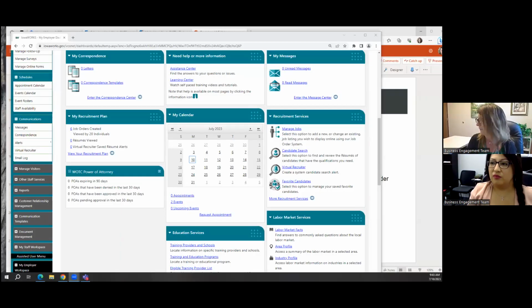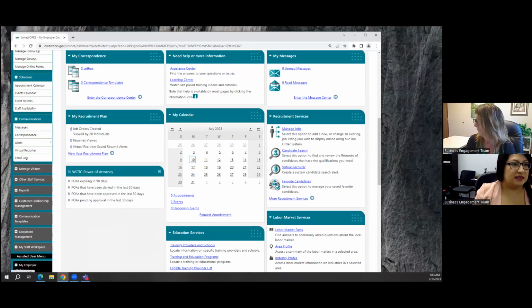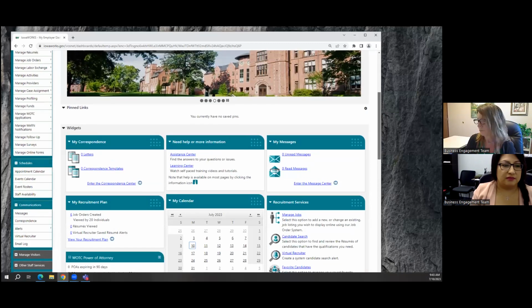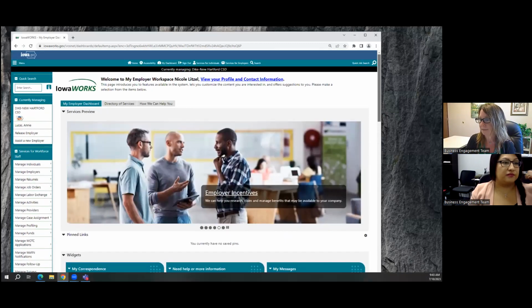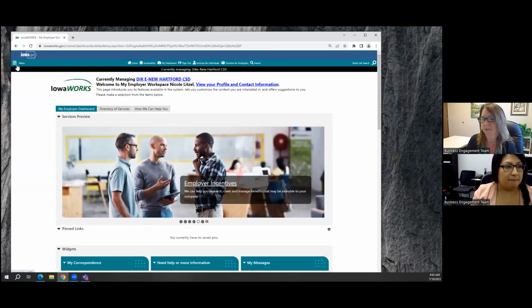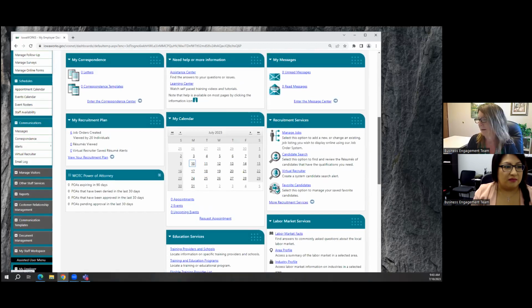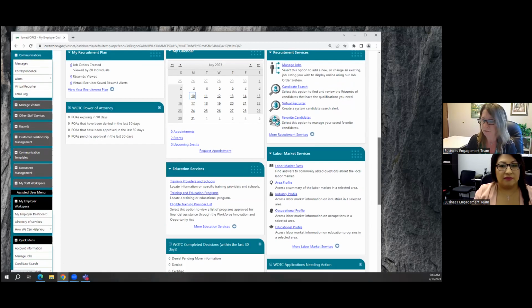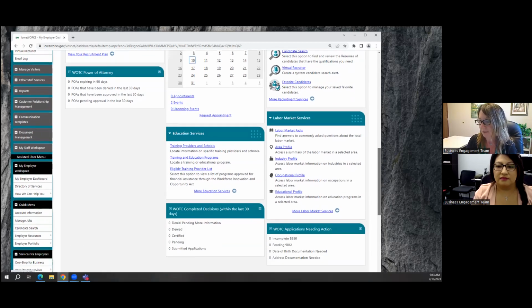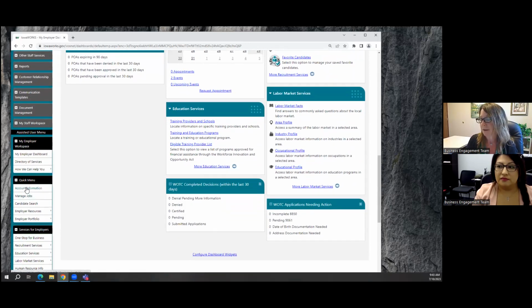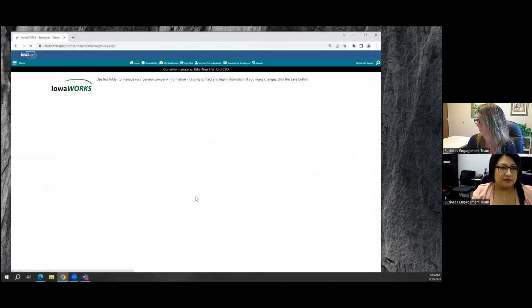Okay, I think I'm sharing my screen now. Yes. So this is an example of a school dashboard. You may see this little hamburger menu up at the top. You can expand that. And when you scroll down, again, it'll depend on how you configure your dashboard once you're in. But there should be over on the side, under the hamburger menu, a button that says account information. So you can click on that and that will take you to your general information page.